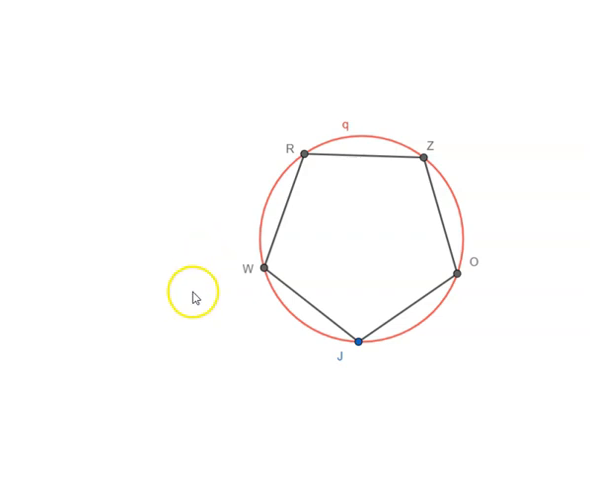Let us look at proposition number 11 of book 4 of Euclid's Elements. The proposition talks of constructing an equilateral and equiangular pentagon inside a circle. So we are given a circle, we have to draw a